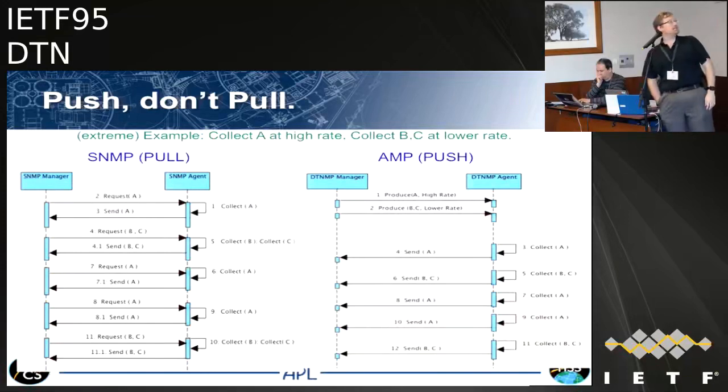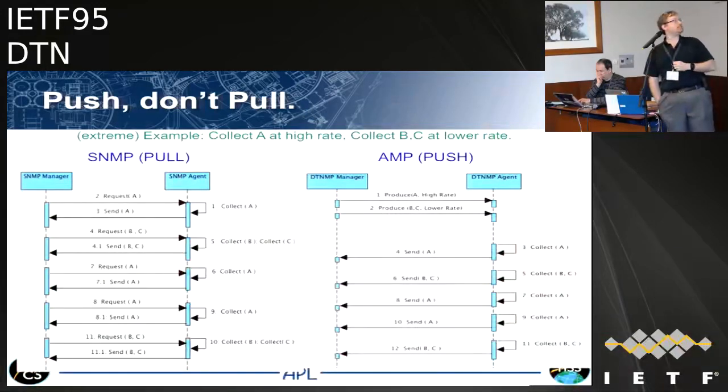Where the concept of operation here is if you want to collect data A at high rate, B and C at lower rate, you can configure that one time as part of what we consider autonomy rules, time-based rules or state-based rules. And you can, at a time when you know you have that configuration ability, send out and say, please produce A at a high rate, please produce B and C at lower rates. And that's really the only thing you need to do. And from that point, whether it is for the next day, week, year, or however long a defined predicate lasts, you will get your performance monitoring back without requiring other information coming out from the manager, which was one of the things we cared about.